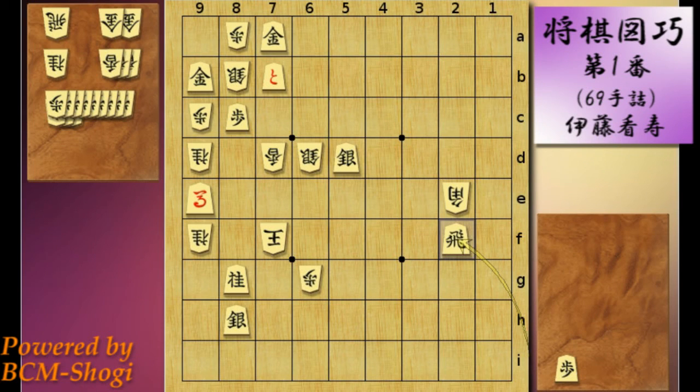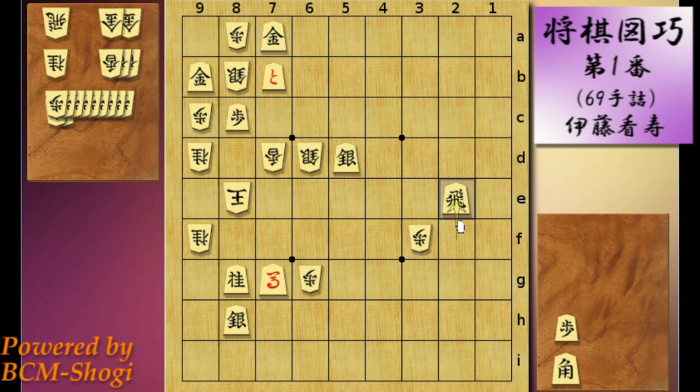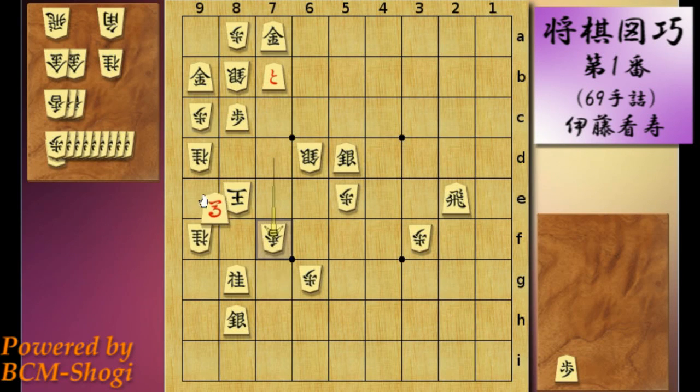First, let's see what happens if he drops a pawn to here. Well, this is an early mate because horse check, king goes back. And you can take this bishop by checking. Let's say he simply blocks it with pawn to 5e, for instance. Then once again, this bishop drop, lance takes, horse to 9e, king 7d, horse check, lance block, knight check, and